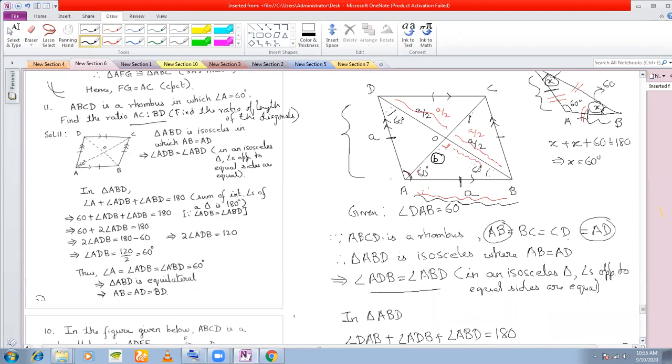Then can I say this length is also B? Yes, sir. It will be B or it will be B by 2? No, not B by 2. If I am finding this length to be B, then this length is equal to this length, and this length is equal to this length. Because why did I take A by 2? Because my entire length BD here was A. That is why this was half of A, which is A by 2.